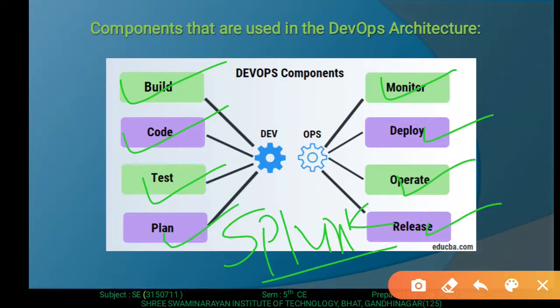Release: generally the deployment to the environment can be done by automation, but when the deployment is made to the production environment, it is done through manual triggering. Most of the businesses involved in release management commonly specify deployment in the production environment manually to reduce the impact on the customer. So these are the components we are using for the DevOps architecture.